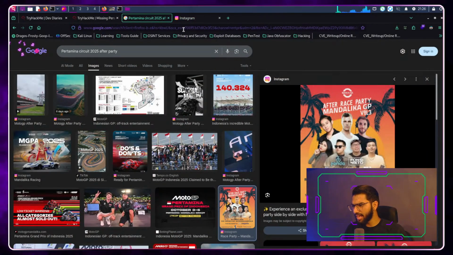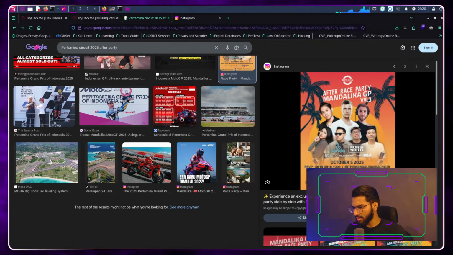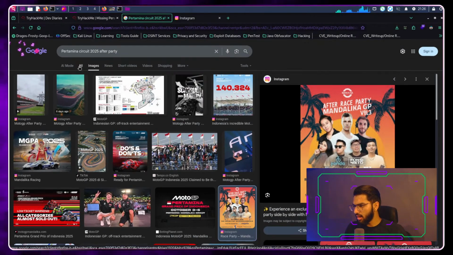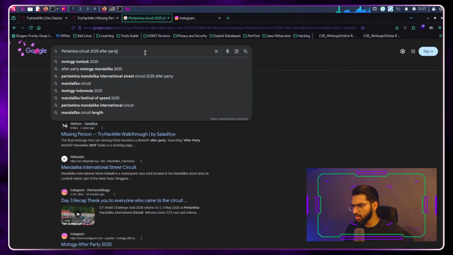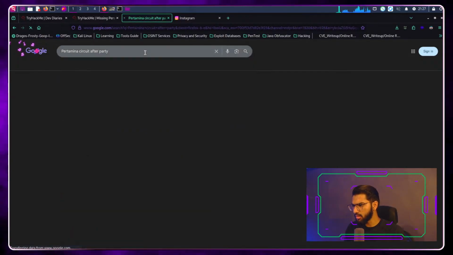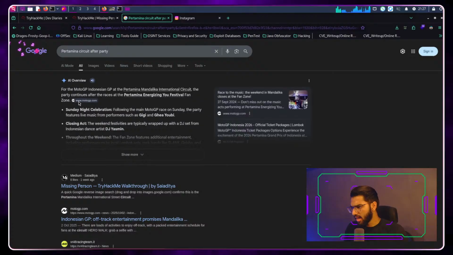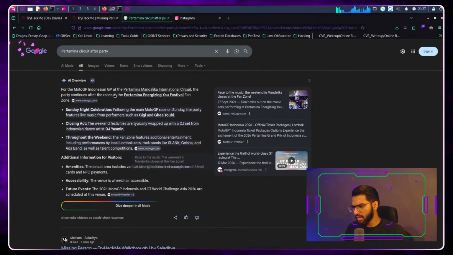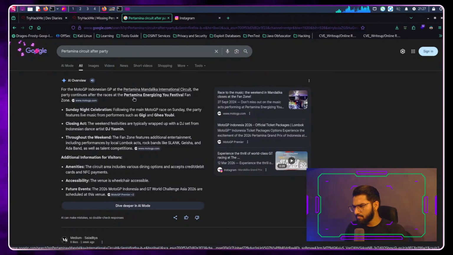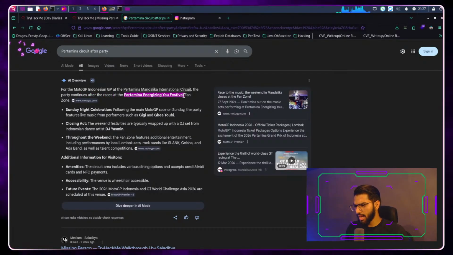But is there anything else that we can get from this? Let's go to all and then search for just after parties. In here, does it say anything? Just AI specifying any event? It doesn't give, okay, it says this one location. Let's open that.